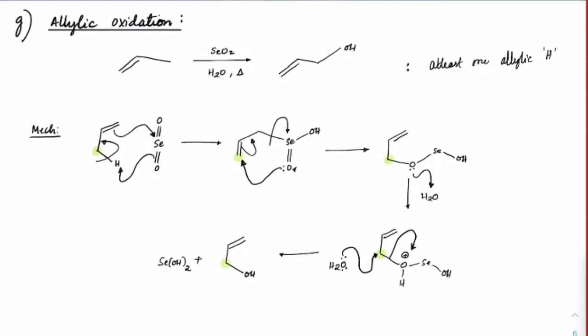This is a concerted step, which means this pi is being driven back here because of the selenium taking away its electrons from here. See, the electronegativity of selenium is increasing because of strong withdrawing groups. So what will it do? Instead of making a bond with carbon, it is trying to pull away its electrons. As it starts pulling away electrons, this pi bond will start moving here, creating the pi star orbital vacant for lone pair electrons to attack there.